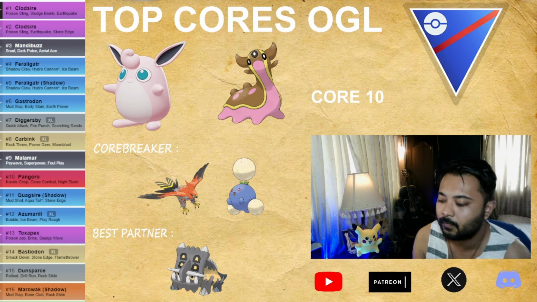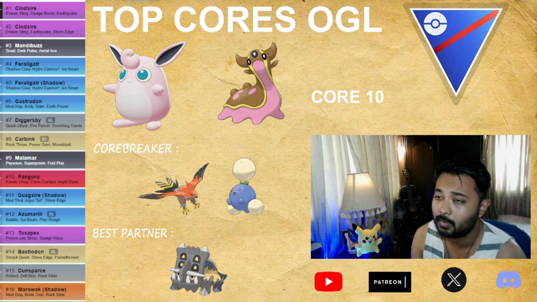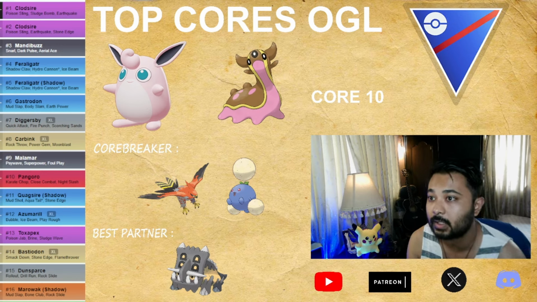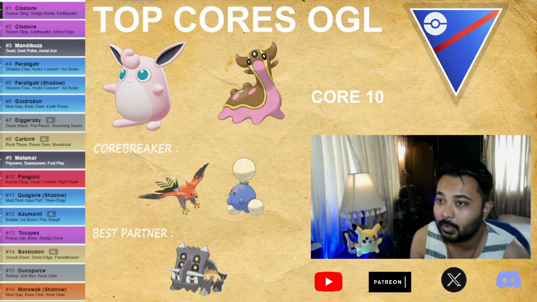Because Jumpluff can beat Gastrodon, obviously, and Talonflame can beat Wiggly, and Talonflame can actually beat both, and Jumpluff has the ability to beat, if it lands that heavy hitting move, then it has a good hand against that Wigglytuff as well. That is why I use the best partner